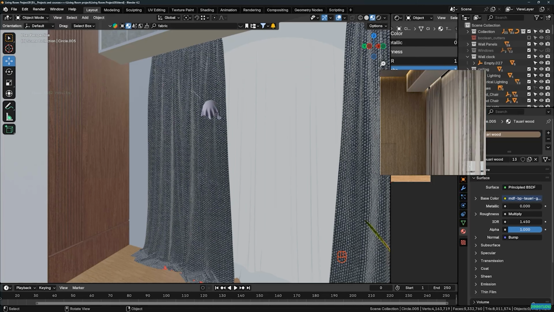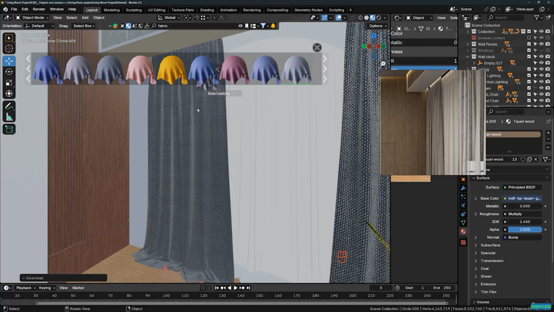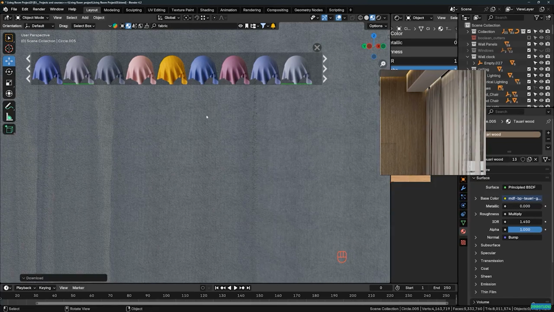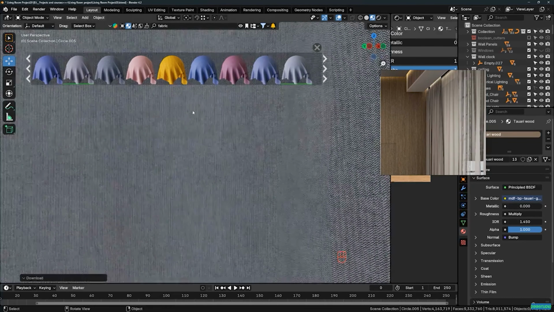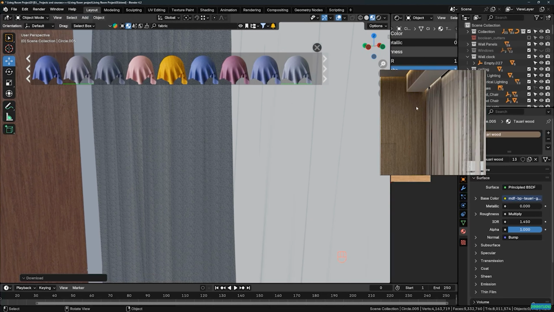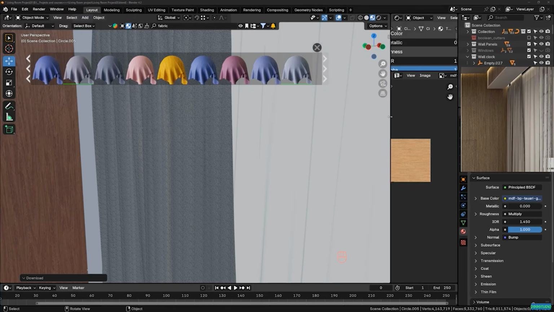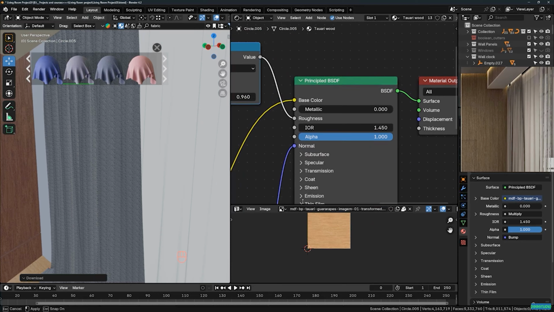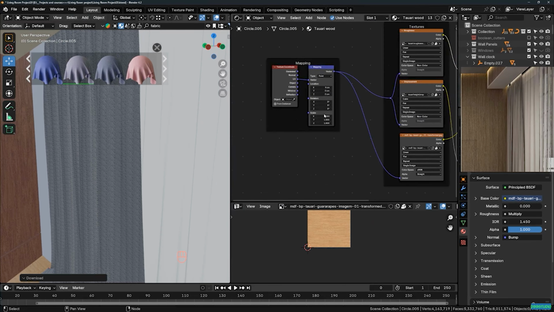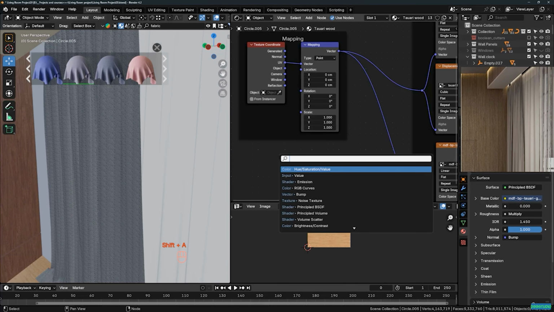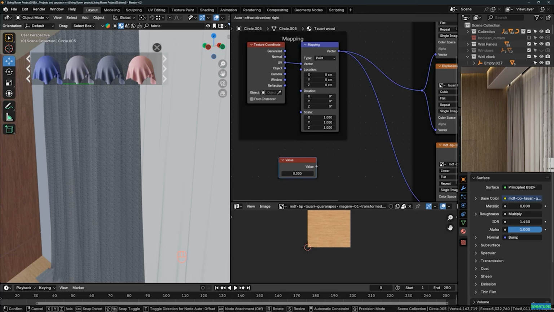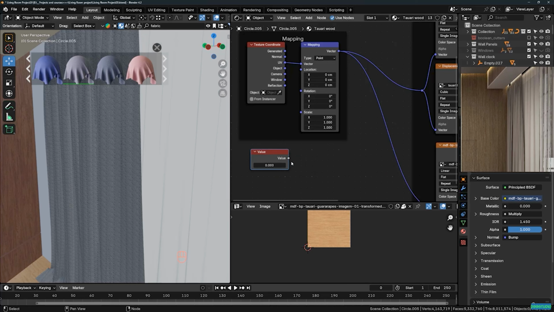I guess this one works. Let's apply it here and let's see how this will be. All right, it's very, very smooth, I guess. Maybe we can change the scale a little bit. Let's search for value. You can change the UV scale. That will work as well, but